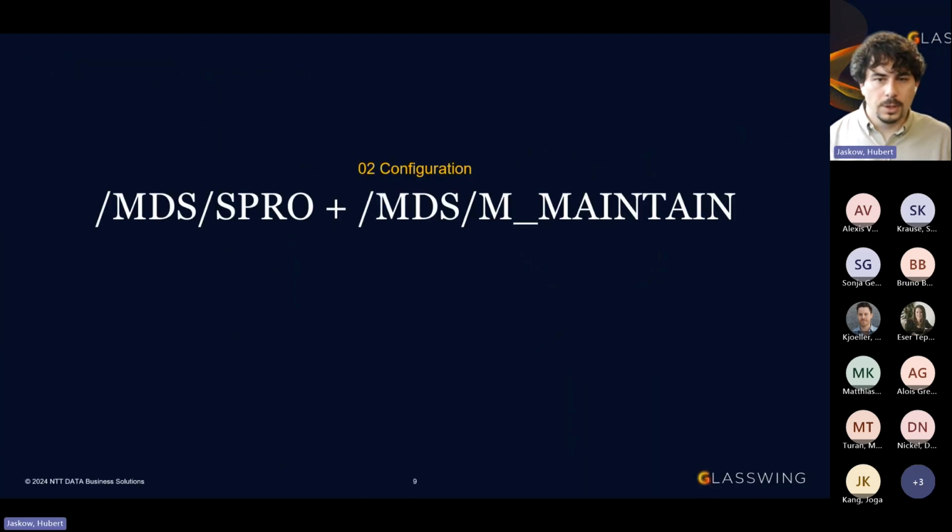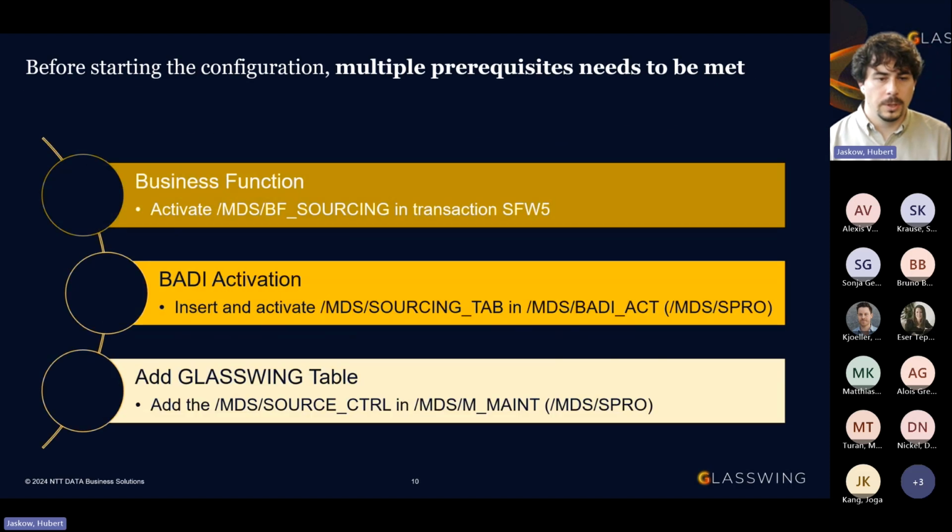So, configuration. This is just to show you that if you decide to go for info records in that solution, it's very easy to activate it and use it right away. If we go through some of our configuration tables, you can see that to start configuring, you just need to activate a business function switch, and then you have a function activation, a BAdI act called sourcing tab,